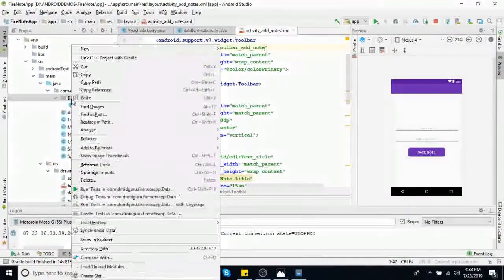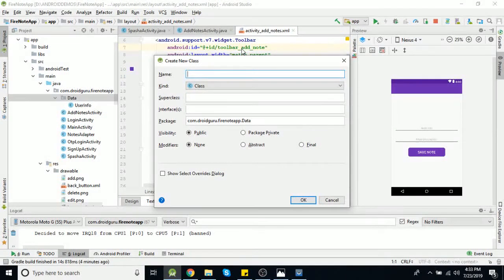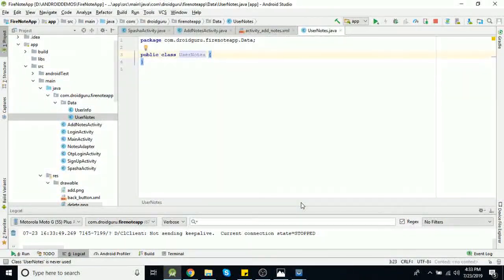So I am creating one model class for storing that node information, say user nodes, which implements serializable. Then we need to take four fields here.